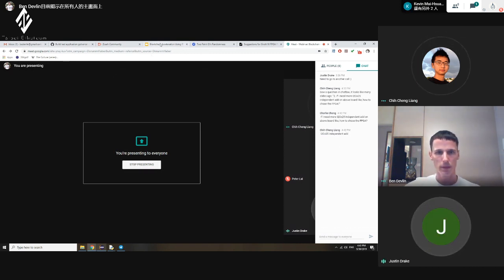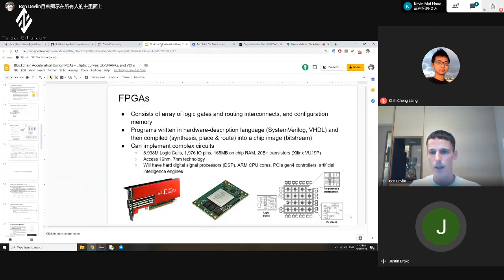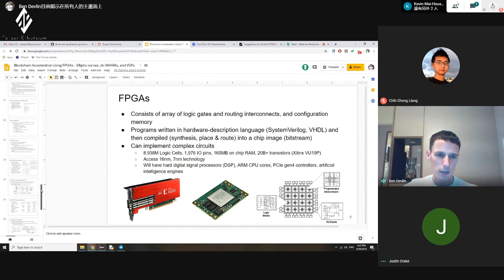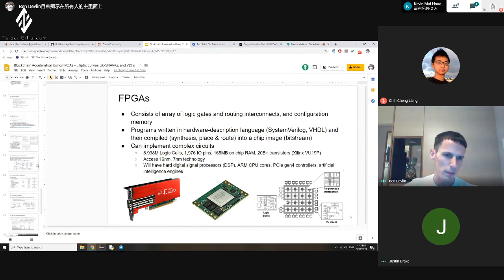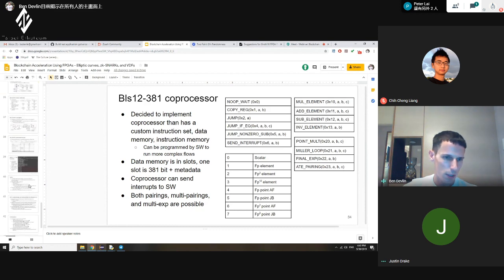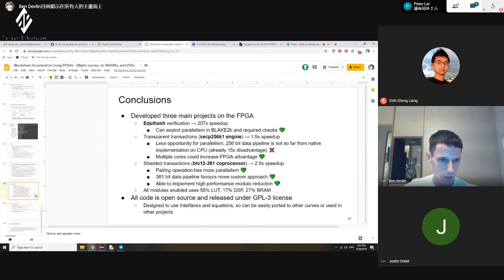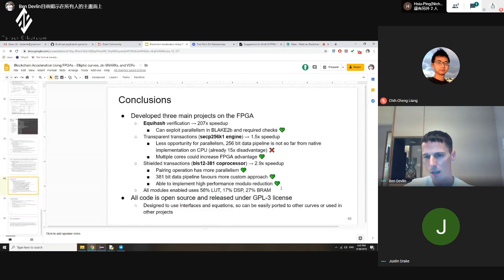I have a few questions. Sorry, I arrived very late. One of my questions is, what is the rationale behind the specific license that you chose? Is that something that you went ahead with, or did Zcash make a recommendation? So originally, it was pretty much Zcash's recommendation to do GPL3.